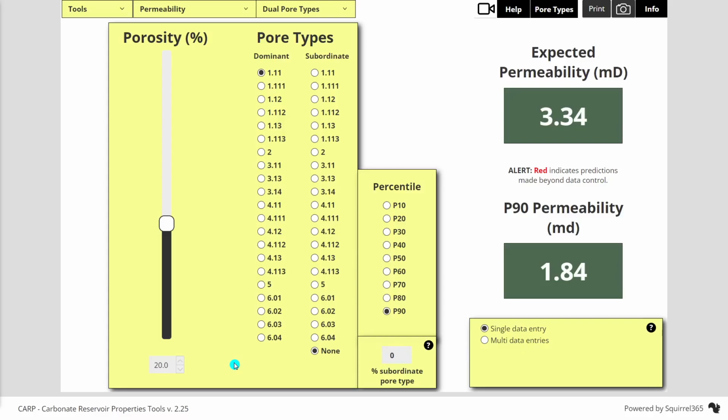This interactive prediction tool predicts permeability for dual pore-type systems at given porosities. Input areas are marked by yellow background color. The input porosity can be selected by dragging the porosity slider,